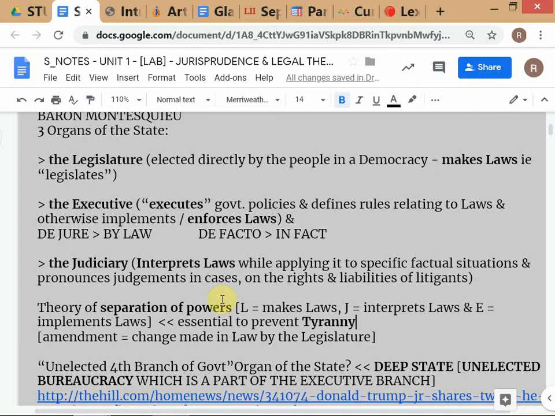For instance, you might remember the National Judicial Appointments Commission Act, the NJAC Act. Several years ago, in the first term of the NDA government, they passed this law because currently the way we select High Court and Supreme Court judges is completely under the control of the judiciary, which is not the case in any other country in the world. In the US, for instance, the president appoints the Supreme Court justices, so the executive has a strong say in the appointment of judges. But in India, it still is under the control of the higher judiciary.